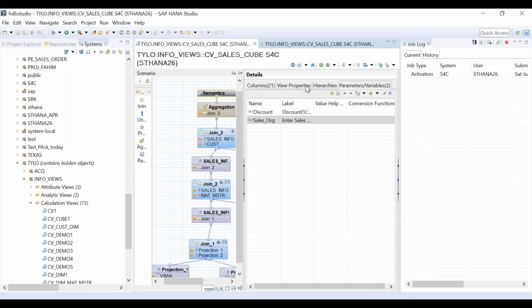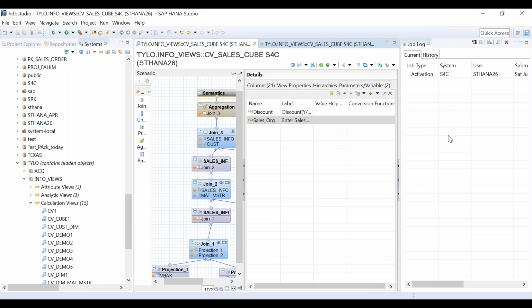User has to filter, I know. So when I click on data preview and I enter the sales org, for example, M15, and click on data preview, will that filter the data or not? Have I done everything inside my calculation view which will enable it to filter? I have created, no, exactly. I have only created the input parameter.